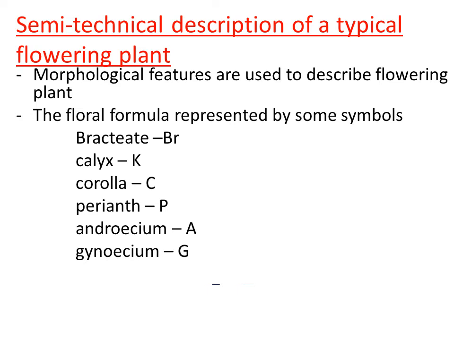Right? And also we have studied different conditions of the female reproductive unit, that means a superior ovary and an inferior ovary. Those are also represented by symbols. If the gynoecium is superior, that can be represented by the symbol capital G, below that we put one line. Then inferior ovary is represented by capital G with a line written above it. So these are some symbols.